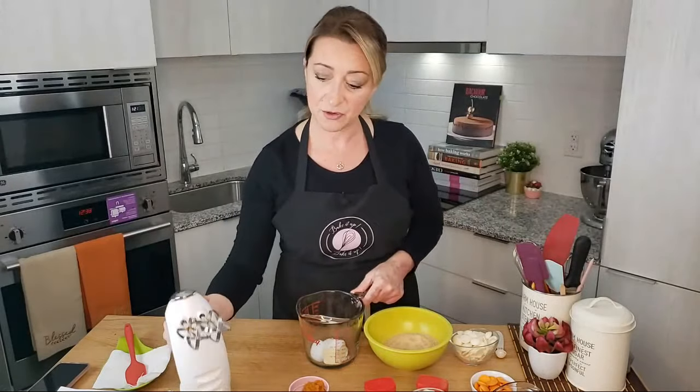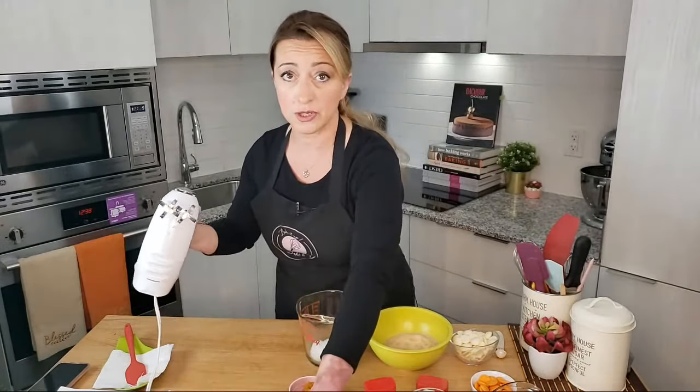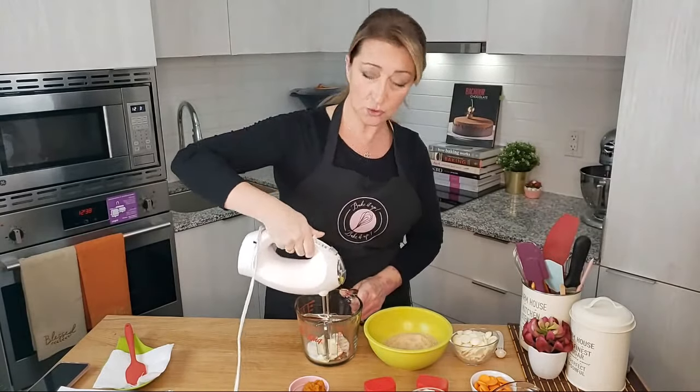So here I have cream cheese and granulated sugar. Make sure that